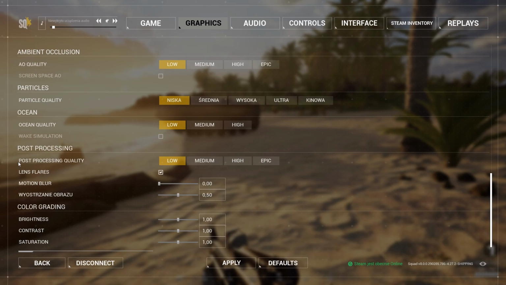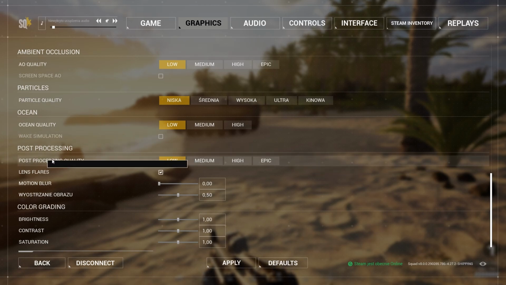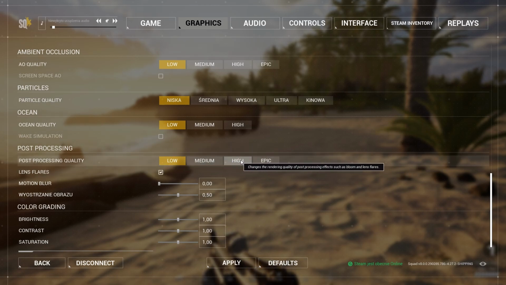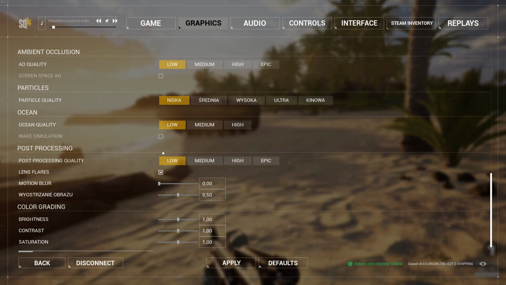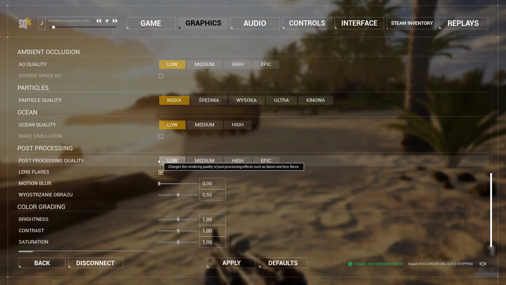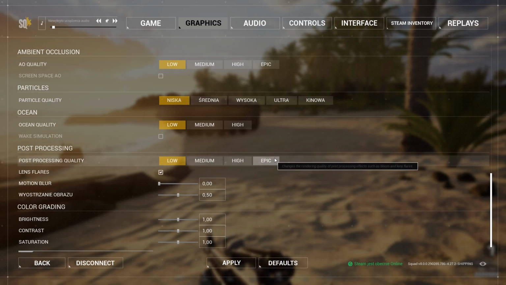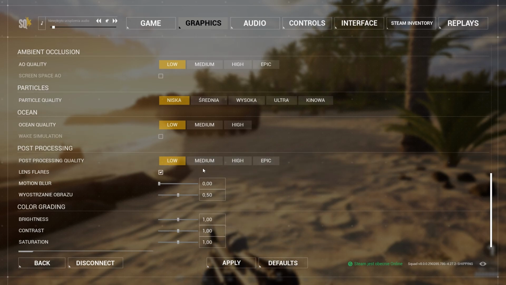Post processing, again, it has to do with the shadow, not the shadow, sorry, the light intensity, guys. I think it's really preference. It does not impact your loading time a lot. It can maybe a tiny bit, so it doesn't really matter. Again, the setting is preference. For most of you, I also run low. There's not much difference, by the way, so that's important to note.